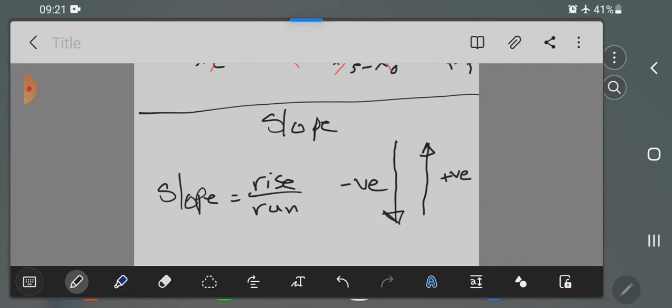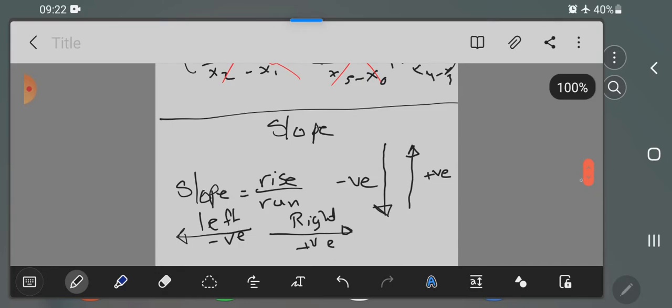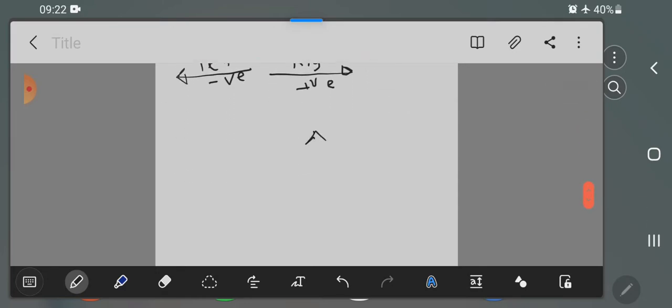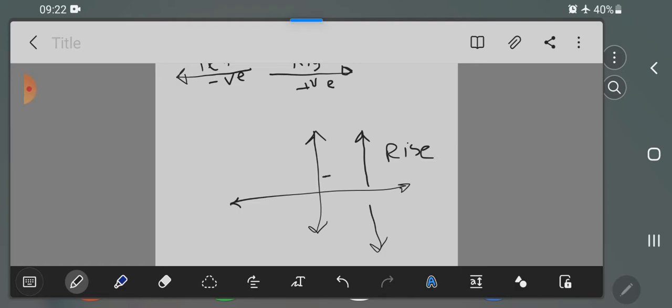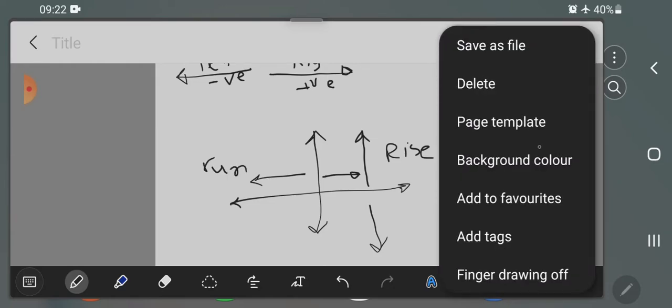Then what is the meaning of the run? Run means you go to the right with a positive sign and to the left with a negative sign. One more time, here on the coordinate plane: going up or going down means the rise, and going to the right or going to the left is the run. Then how can we solve? Let's make